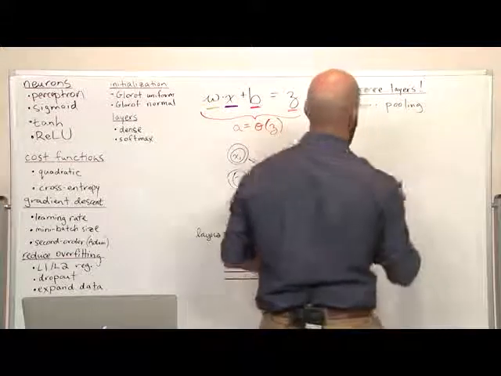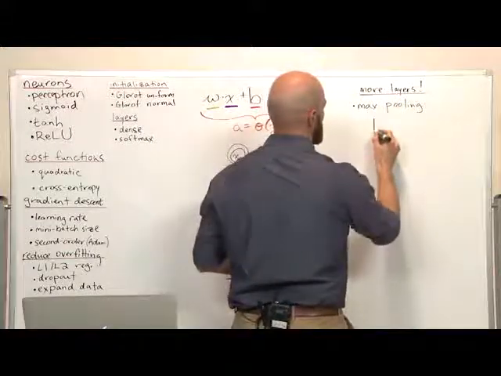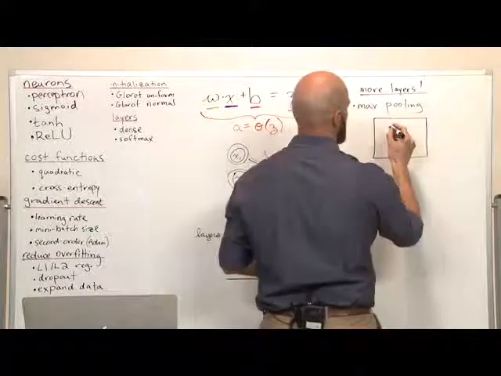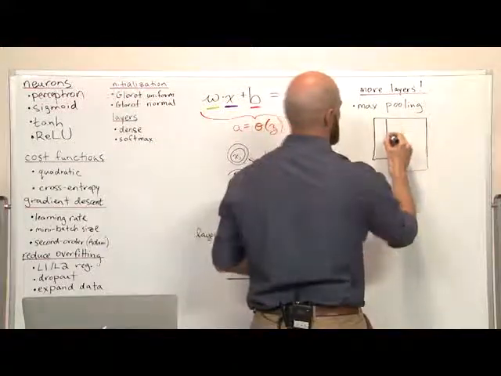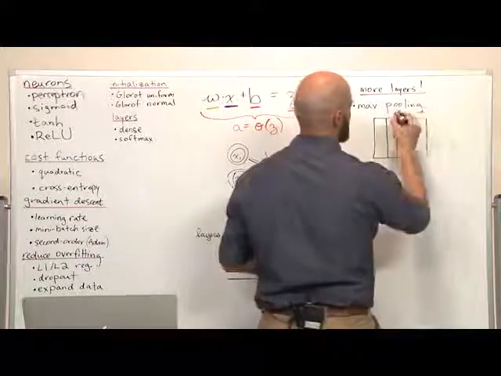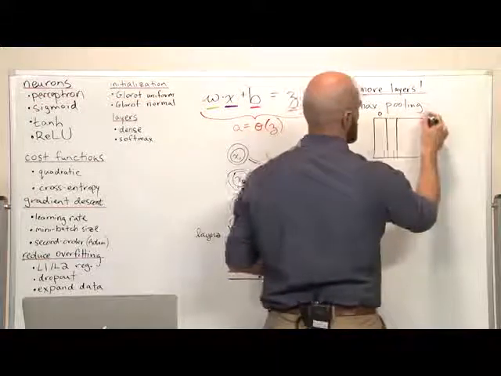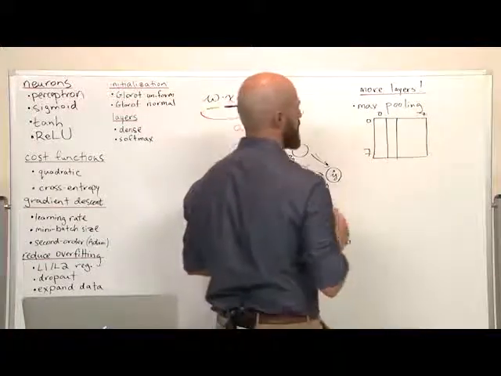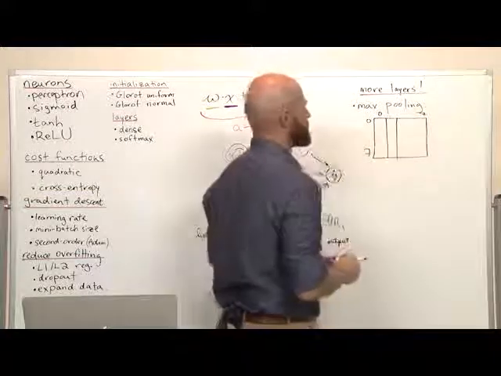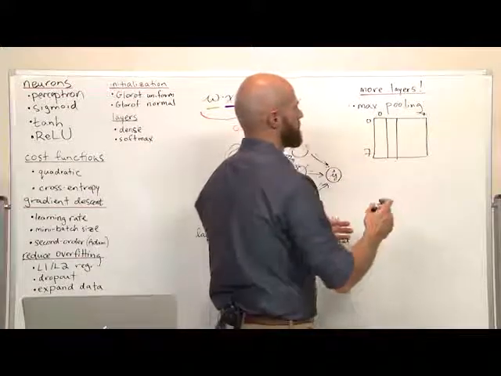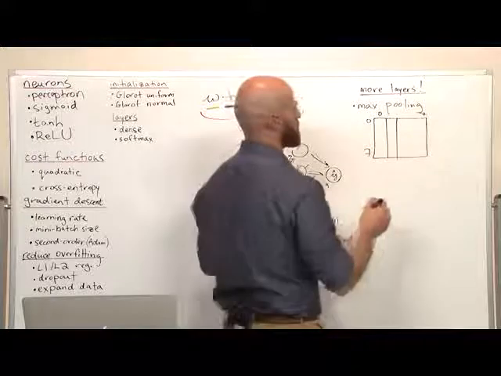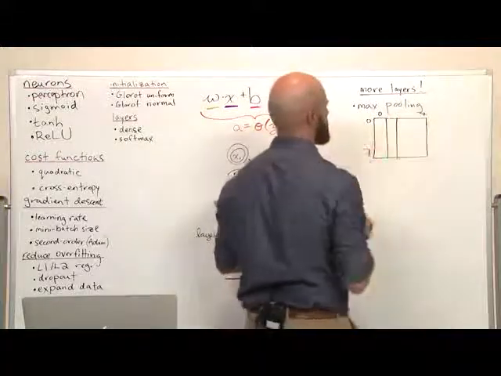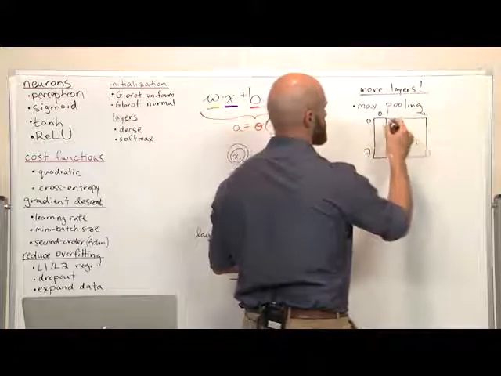So the way that a max pooling layer works is if we imagine that we had some image, let's say it has 8 pixels all the way across, so labeled 0 through 7 and 0 through 7 on this axis. What the max pooling layer does is it reduces the size of the image. So one very common way of doing this is to have a max pooling layer with a pool size of